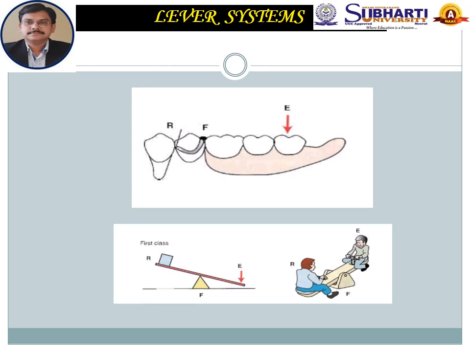Archimedes was one philosopher who said once that if you give me a long enough lever arm and a strong enough fulcrum, then I myself, Archimedes alone, can lift this whole world. So that is the power of a class 1 lever. So now here, we understand that in a distal extension case, a class 1 lever will be generated. That little bit of masticatory force may try to exert a lot of force on the natural dentition.